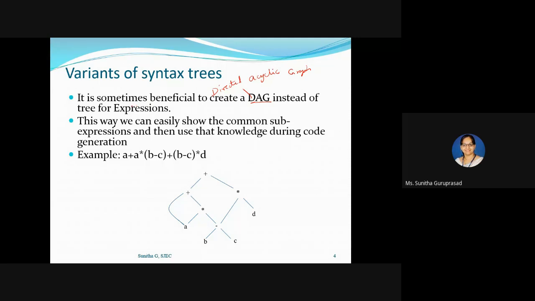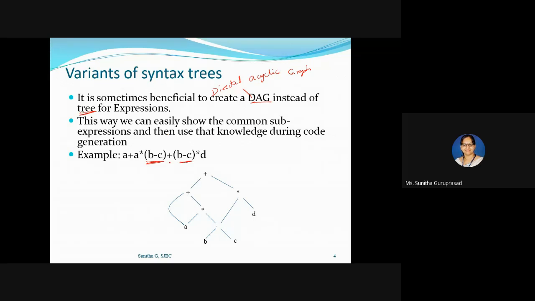It is beneficial to create a DAG instead of a tree for expressions, mainly because of sub-expressions. You can see b minus c is one sub-expression, and this is again one sub-expression. As you can observe, this is repeating twice, so we can easily show the common sub-expression and then use that knowledge during code generation.